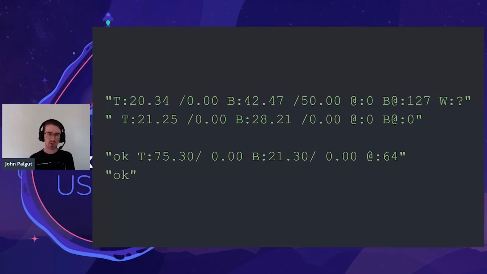The top two lines are temperature status lines. They contain information about what temperature the printer's at. The first line is from the virtual printer, and that's the one I had built a parser against and tested against. The second line is from my actual printer, and for some reason it has some white space at the beginning, which is not part of the spec